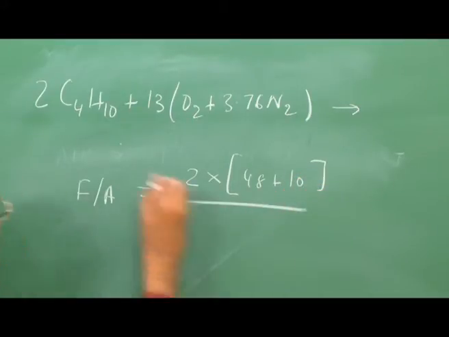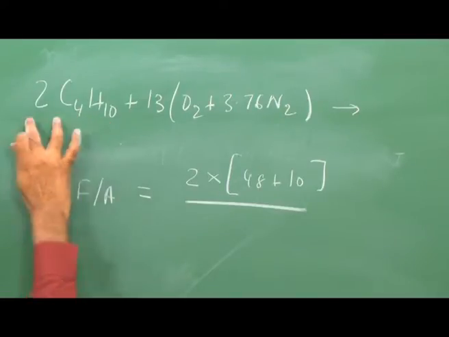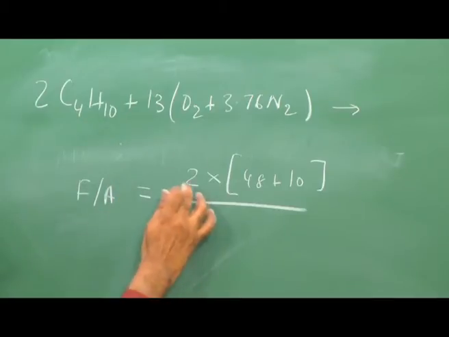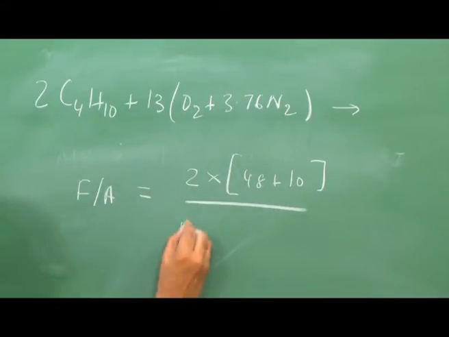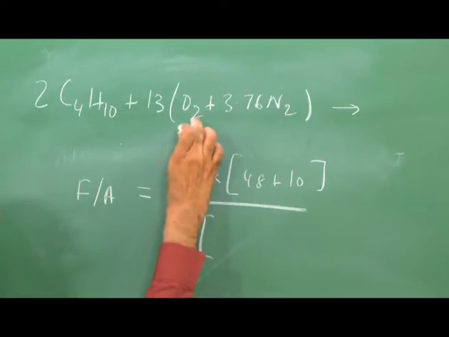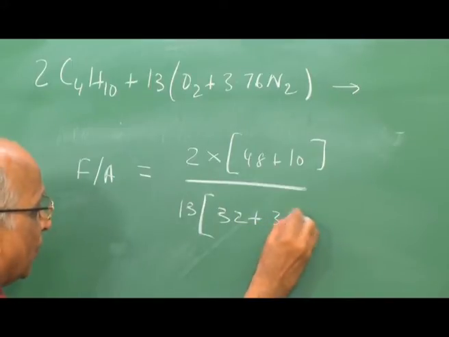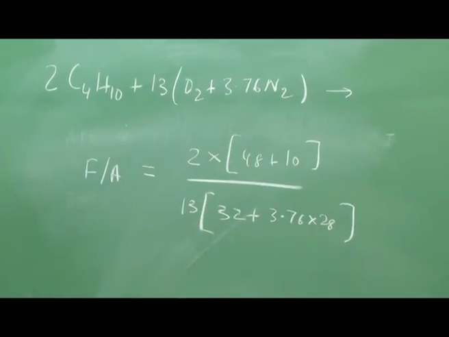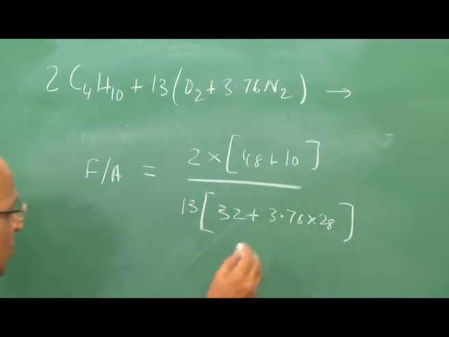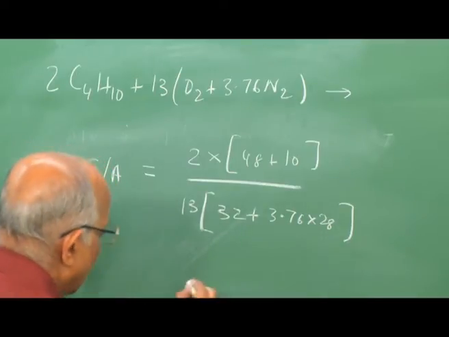That means 58 grams per mole is the mass of the butane, into 2 is the mass of this which is reacting with oxygen. And what is the mass of air? 13 into O2, 16 twos are 32, plus 3.76 into 28. If I calculate this value, it is 58 twos are 116 divided by 13 into 32 plus this value, and the value comes out